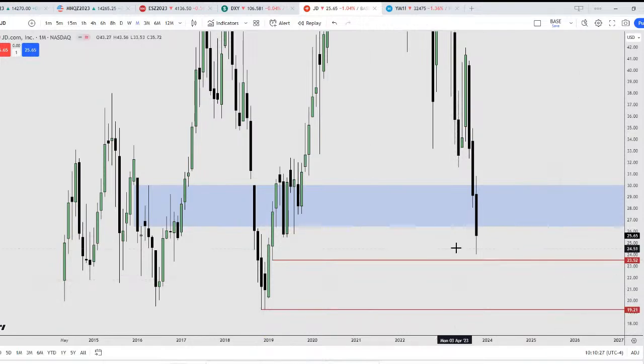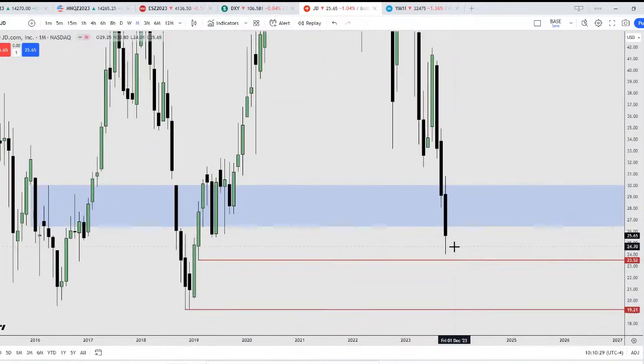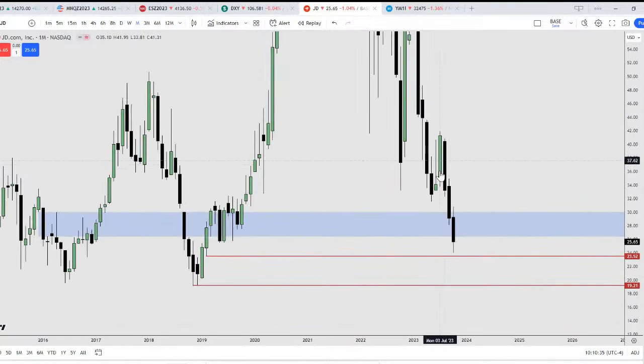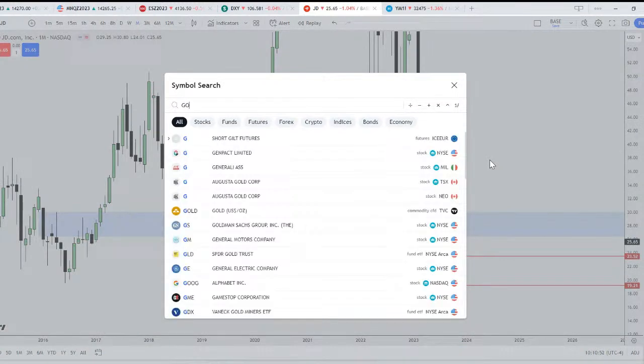Google, okay, I'll do Google after JD. So as long as price is below these closing candles here, I'm not too bullish for JD. Even if it trades above this BPR, it has to show willingness to go higher above the mean threshold of these two close candles here. Right, let's jump into Google.